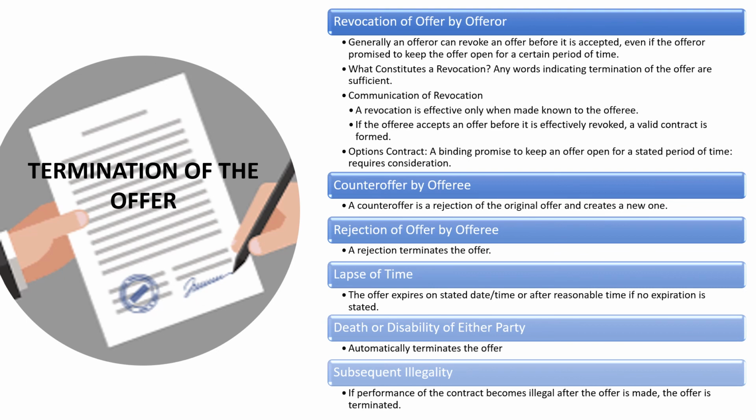So the counteroffer and rejection that I've just talked about are ways that the offeree terminates the offer by changing the terms of the offer, by making a different offer, or if the offeree just flat out rejects the offer. When someone offers to sell you the textbook for $150 and you just say no, that's a flat rejection that does not keep the negotiation moving forward. So that can also happen.